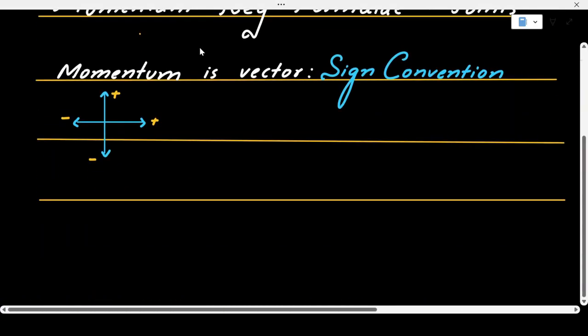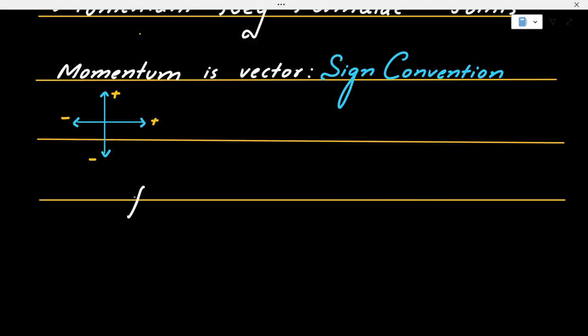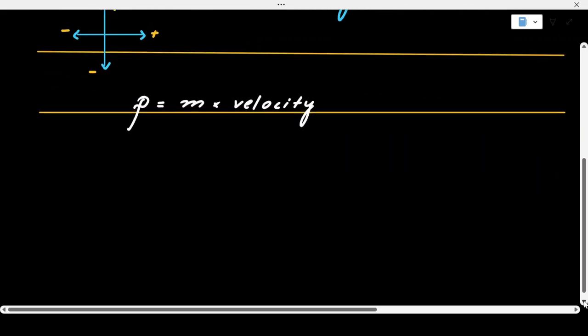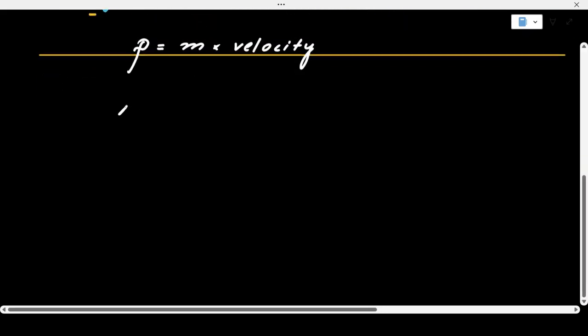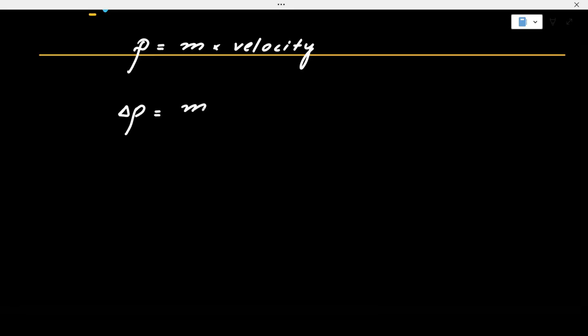We use the formula of momentum. We represent the momentum by small p, and that equals mass times velocity. Not speed, instead velocity, which means momentum could be positive, could be negative. Then the change in momentum is